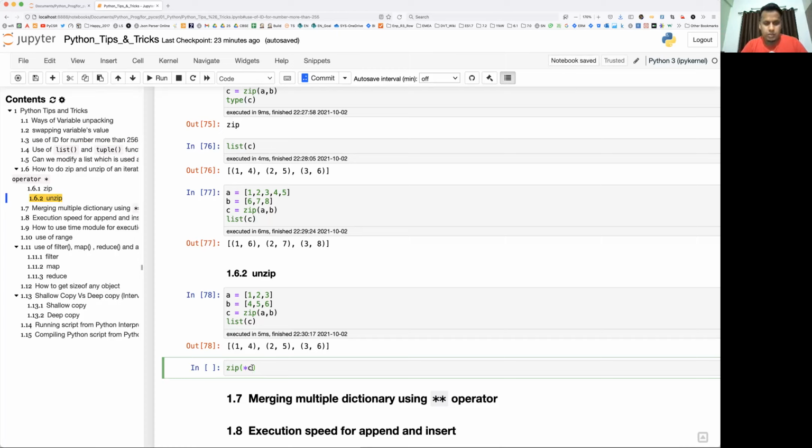So I'll use zip along with star and do the C. What it will do is create a separate list. The way it has mapped here, the way it has bound, it will just do unbinding. So unbinding, it will take all the first elements of each tuple and make a single list, and all the second elements of each tuple and make a single list. Okay, so I'll just take D.